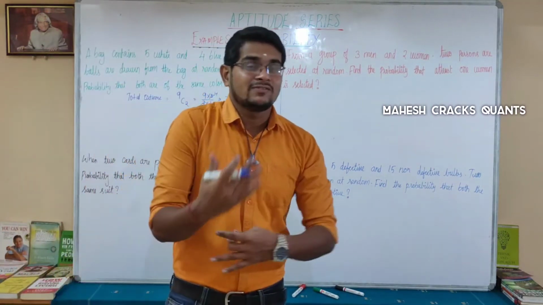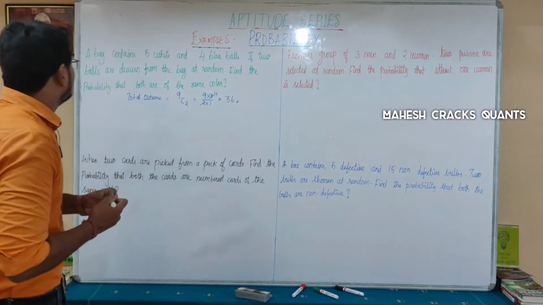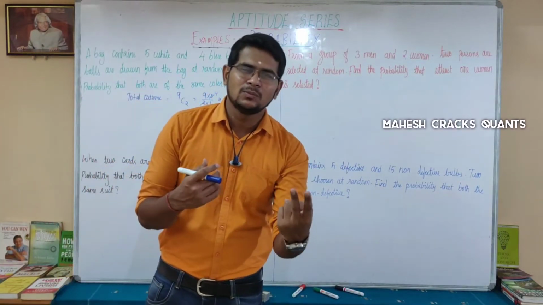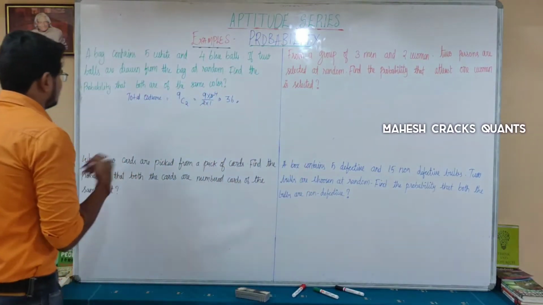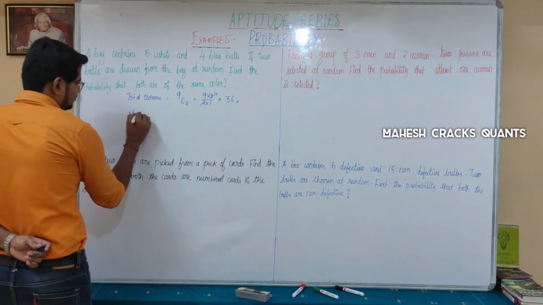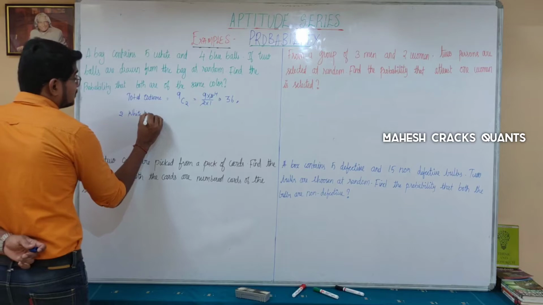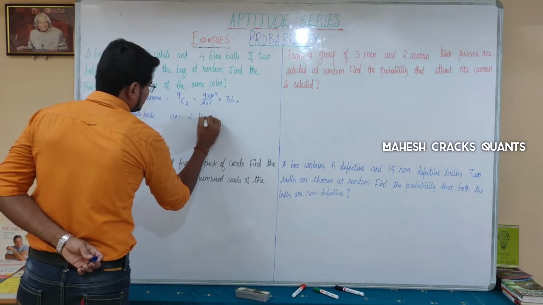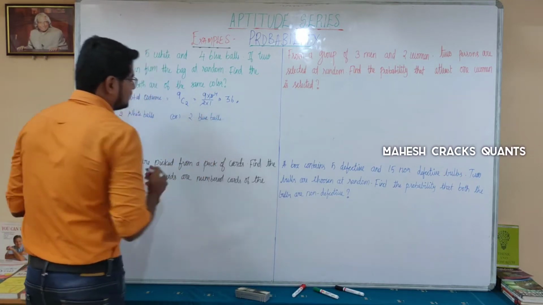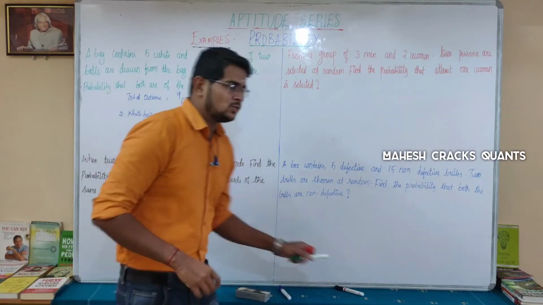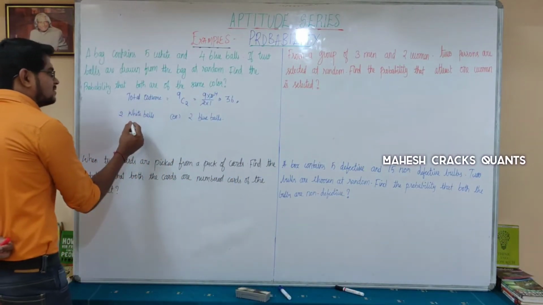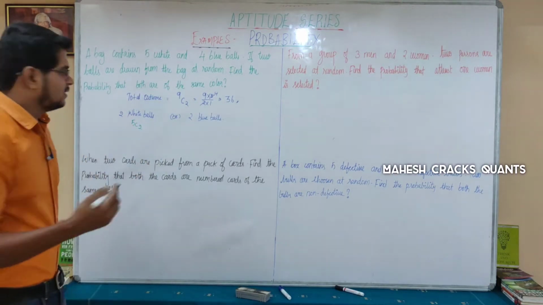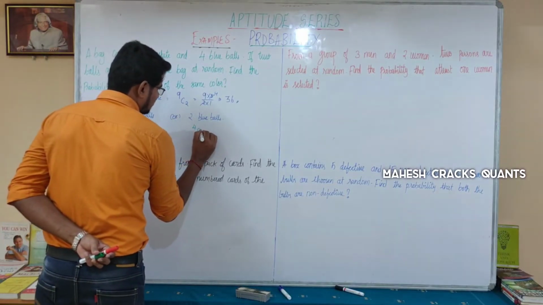Next one is my favorable outcome. What is the favorable outcome? Here, the question is to find the probability that both are of the same color. So, you are taking 2 balls, both should be the same color, which means either 2 white balls or 2 blue balls. Okay, that's it. So if you have 2 white balls as the choice, how many choices are there? White, 5C2. You have to take from 5. If you are taking blue balls, it means 4C2.